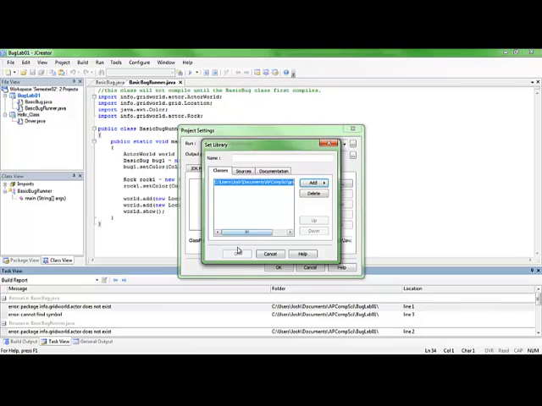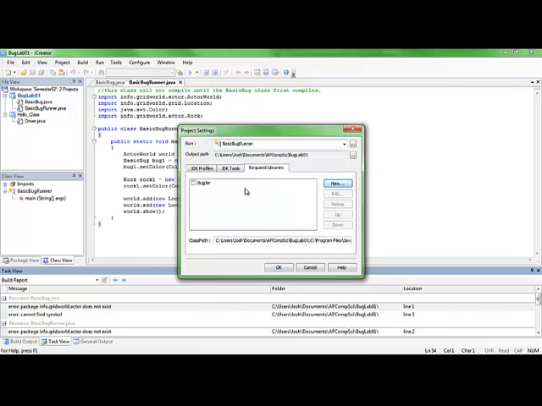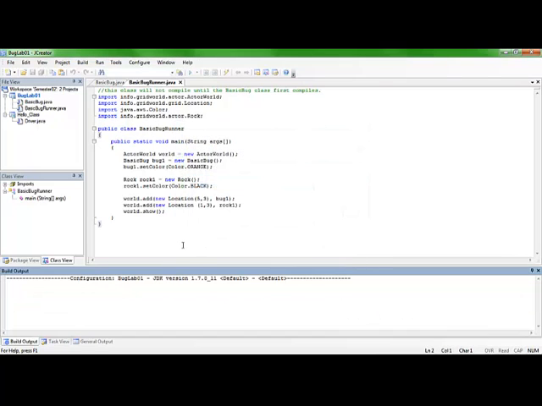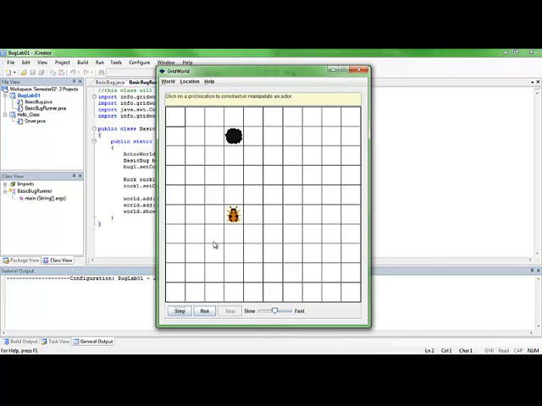You'll notice we can't say OK yet. It's because we haven't given it a name. I like to call this the bug jar. You can give it any name you want, but it's a Java jar file, and bug jar sounds fun. So put that in there. Now, JDK, notice it's checked. We're going to look at the JDK, which we have to do. But we're also going to add the bug jar library. So hit OK. Now when we hit F7, process is complete, and we hit F5, you can see all this